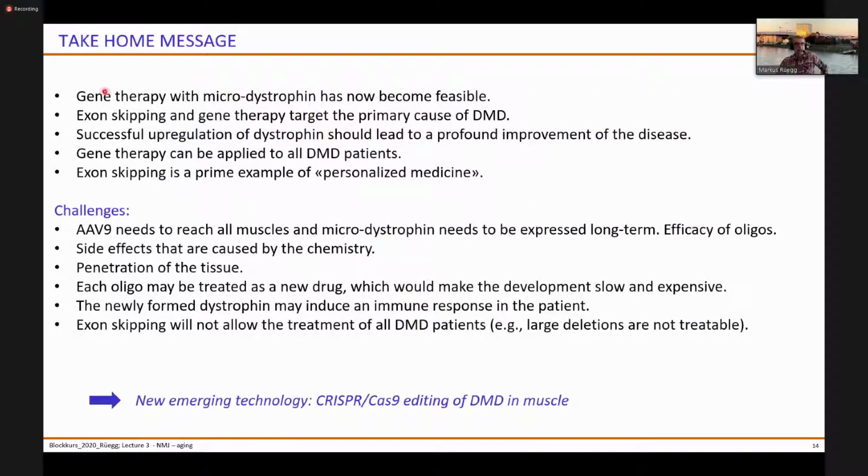Okay, just for this in general, what I would like you to take home is that we now see that gene therapy with this microdystrophin has become really feasible. I should also mention that Roche has bought the license, in case this gene therapy with microdystrophin is approved, from the company that does this, called Sarepta. They have paid 2 billion Swiss francs to have the license to market this treatment within Europe, which is also quite a lot